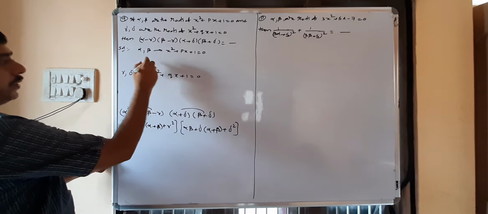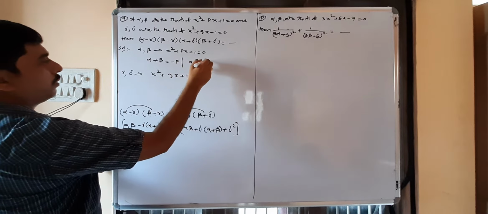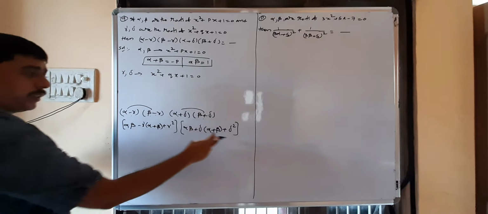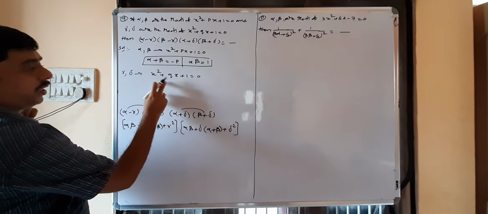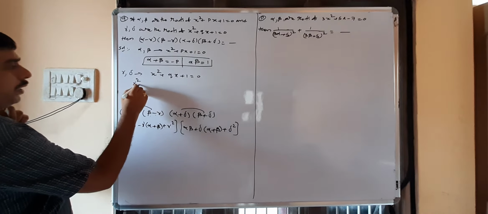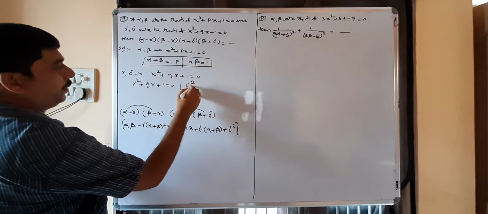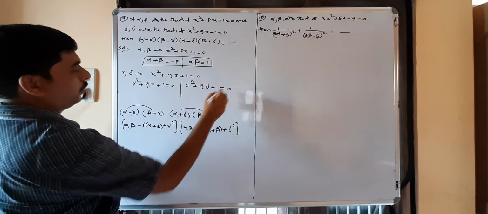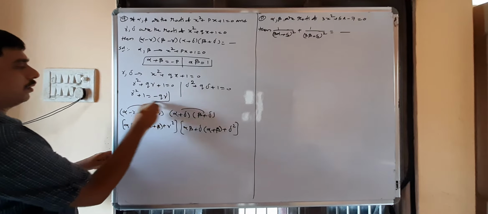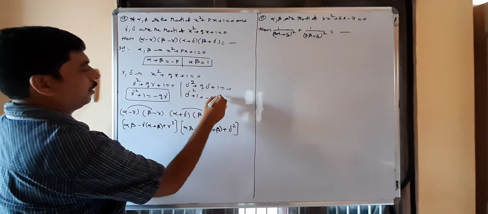Alpha, beta are the roots of the equation, then the sum of the roots alpha plus beta is minus p. Alpha beta, product of the roots, c by a, that is 1. Gamma, delta: here gamma square, delta square. That is the reason I will substitute gamma, delta in the equation. Since these two are the roots of the second equation, substitute x equal to gamma. Then we get gamma square plus q gamma plus 1 equal to 0. Delta, I have to substitute: delta square plus q delta plus 1 equal to 0. From this, gamma square plus 1 equal to minus q gamma, delta square plus 1 equal to minus q delta.